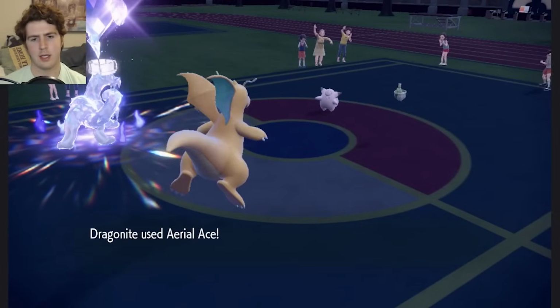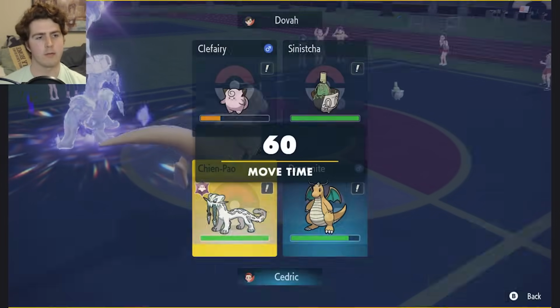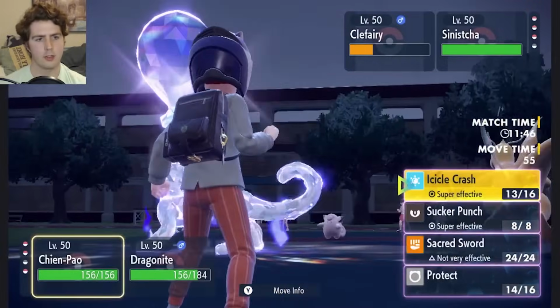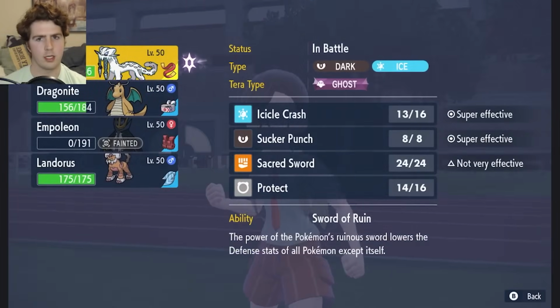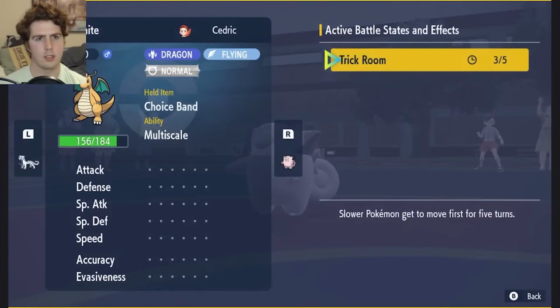And they hit us, and they don't burn. Very nice. And Clefairy takes a heaping helping of damage. Okay. I think now Ice Skull Crash should pretty easily knock out the Clef. I think I'm in a position where Dragonite...